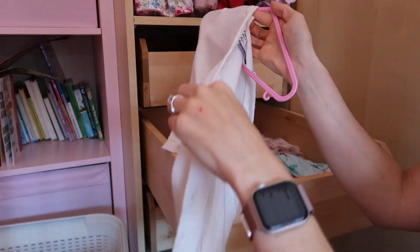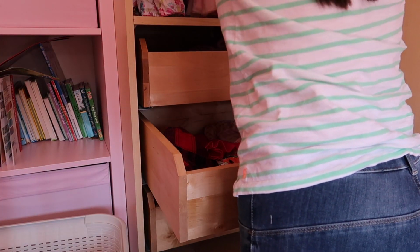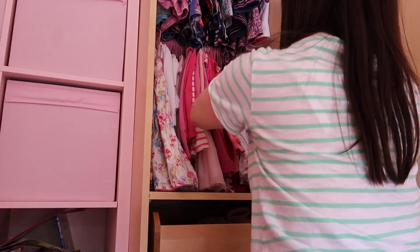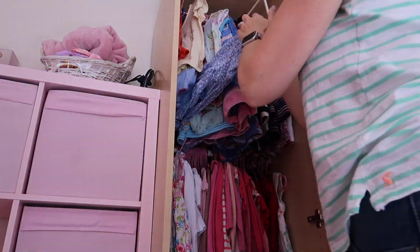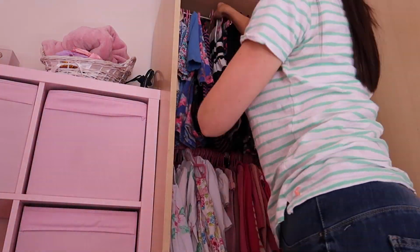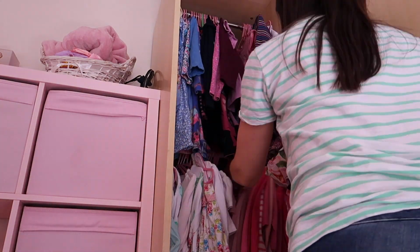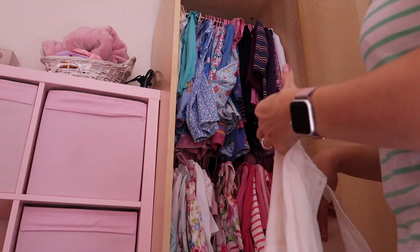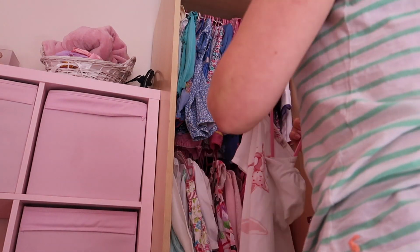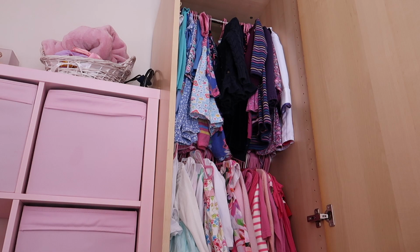So the drawers in Zara's wardrobe, the bottom one is for coats, only because the hanging space is a bit tight, so I'm folding up coats and I'm folding up skirts. And now you can see I'm just going through, I'm not pulling everything out of her wardrobe like I normally do because I did that quite recently, so I'm just going through and doing a quick check for any bits that don't need to be hung up in there because they're too small. And the dresses that I use for kind of spares, any dresses that come from my sister and are looking a bit tired or a bit sad that I wouldn't put on her first thing in the morning, I fold up and I put in those little cosmetic case